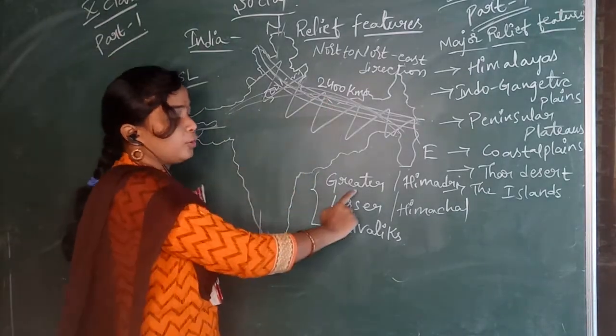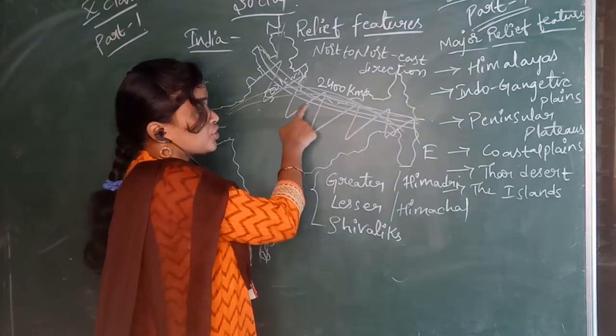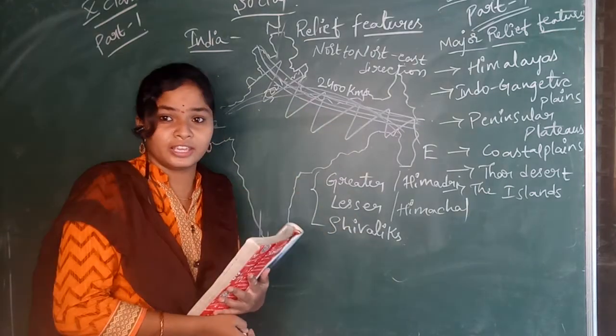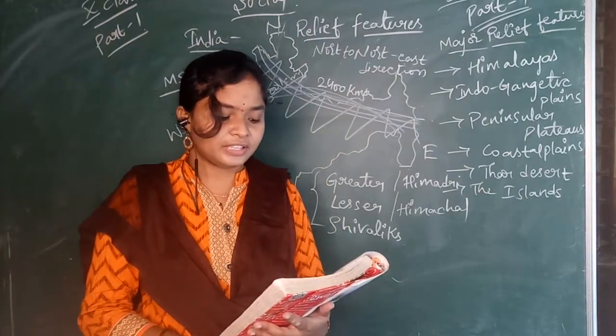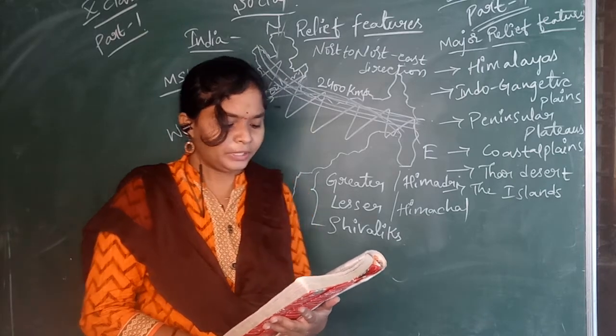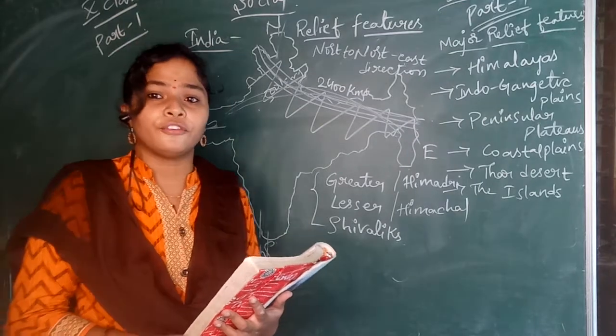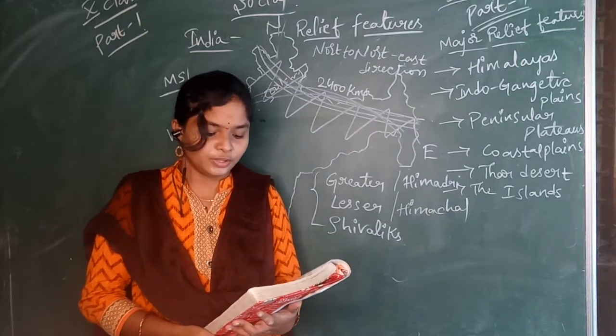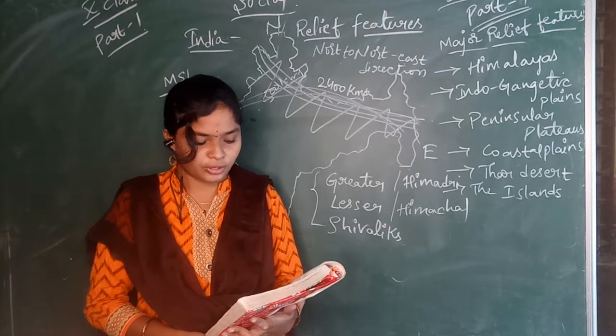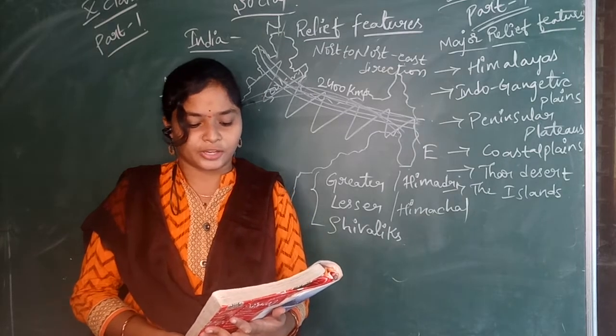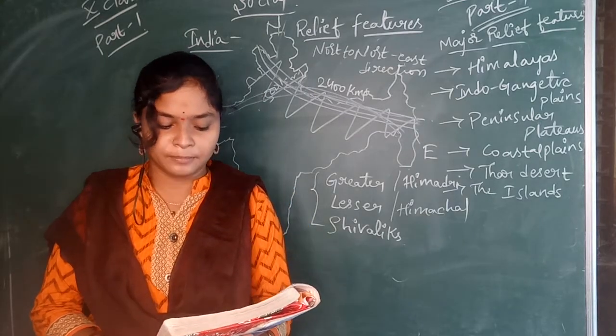And next we are going to discuss the southernmost range. Northernmost range is the Greater Himalayas. Southernmost range is the Shivaliks. Shivalik extends over 10 to 50 kilometers. So how much does it extend? Himalayas extend 10 to 50 kilometers. So Jammu hills in Jammu, Mishmi hills in Arunachal Pradesh, Kachar in Assam, etc.